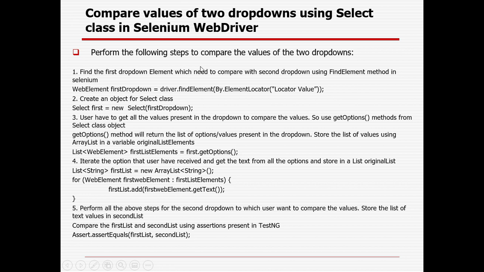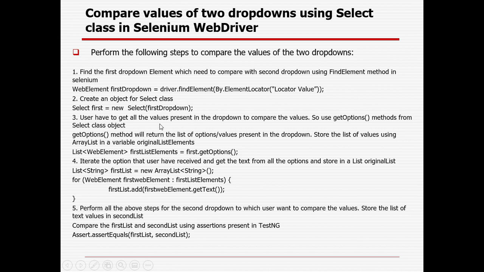So here, what are the different steps you need to compare first? In case your drop-down list value is already saved in your string or database, and you want to validate that particular list with your drop-down list, you need to perform three different steps. One is, first you need to identify the drop-downs, and for the drop-down of the Select class, the select tag should be there, so that you can create an object instance for the Select class.